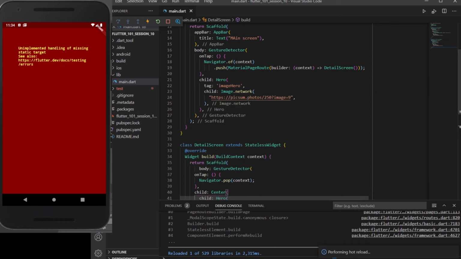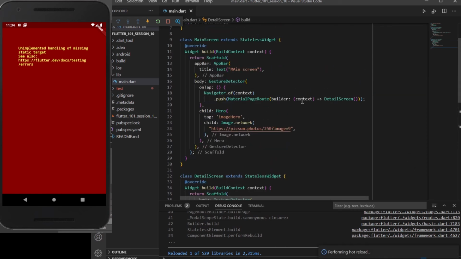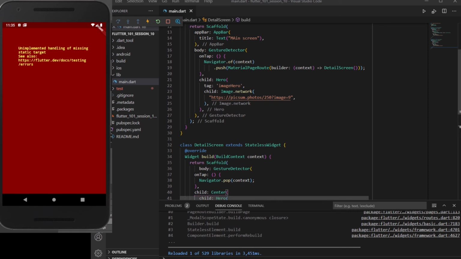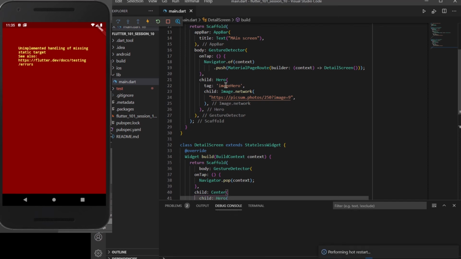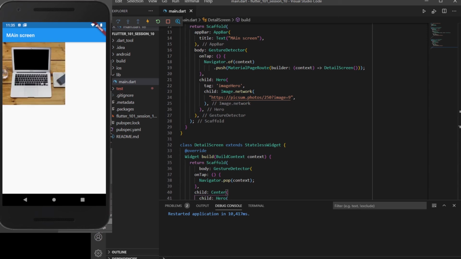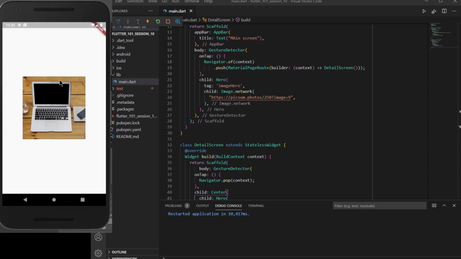Now I guess we have added most of the code which we want inside our application. So let's hot restart it and see if this is working or not. What will basically take place here is the app will display an image in the center, or on the top, and when we click on that particular image, it will open this image inside a detail screen where we can view the image in detail. The image will be displayed in the center, and when we click on it again, it will pop that image out.